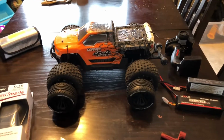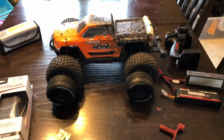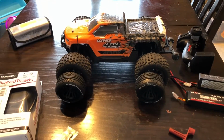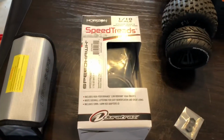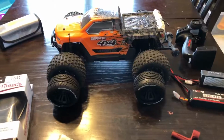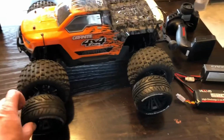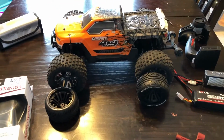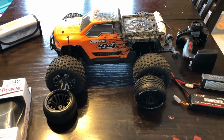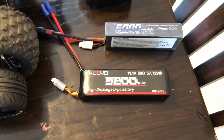This is the Arrma Granite 4x4 BLX 3S. Just got the first add-on for it, some new tires, speed treads. A little bit smaller than the original ones, but hopefully it lowers the car and they don't balloon as much. I was running these. I upgraded to the 3S,